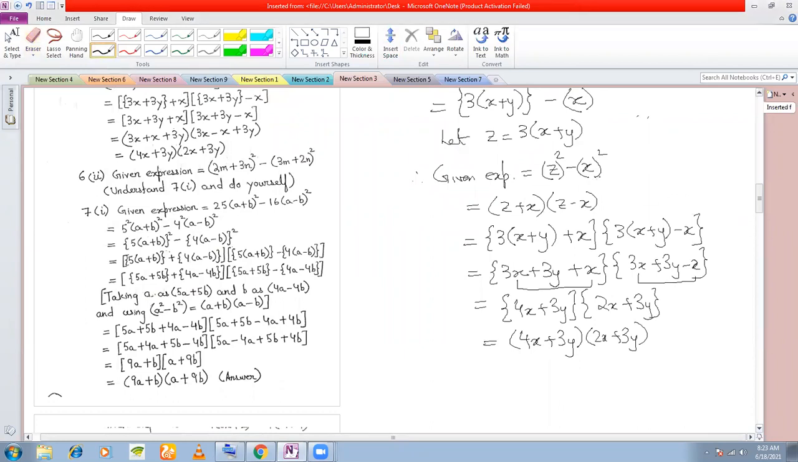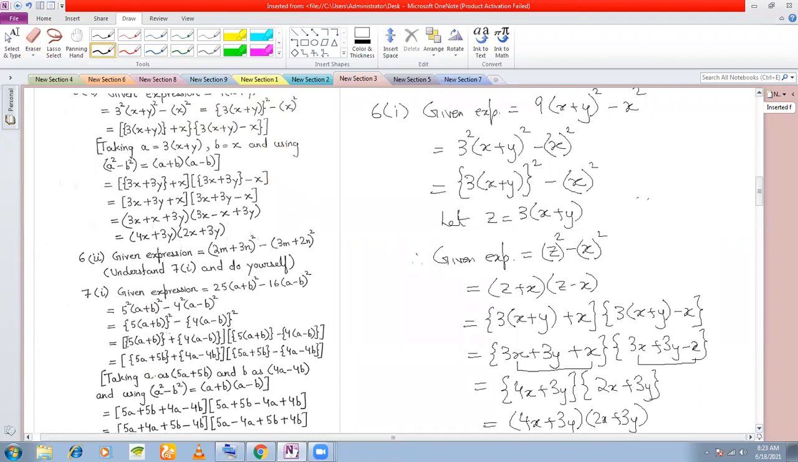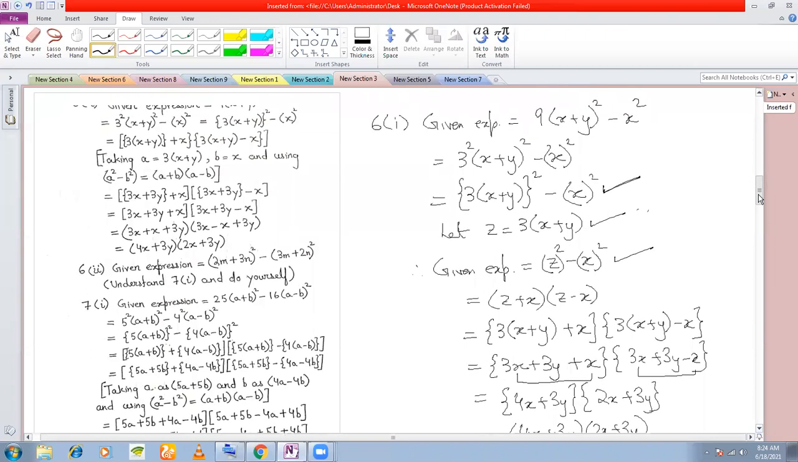The curly bracket step, where did we start from? 3D in bracket open x plus y, bracket closed, x. This step you're talking about? Not this step. No, sir. The other one. This step below. Given this, expression is equal to z square minus x square and